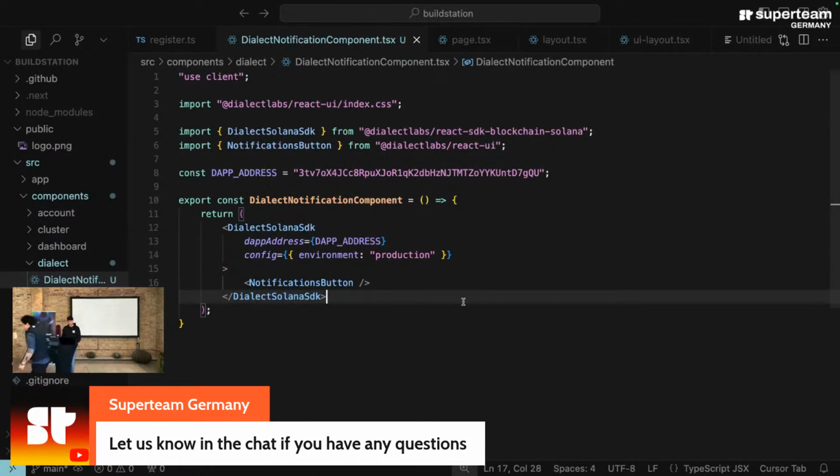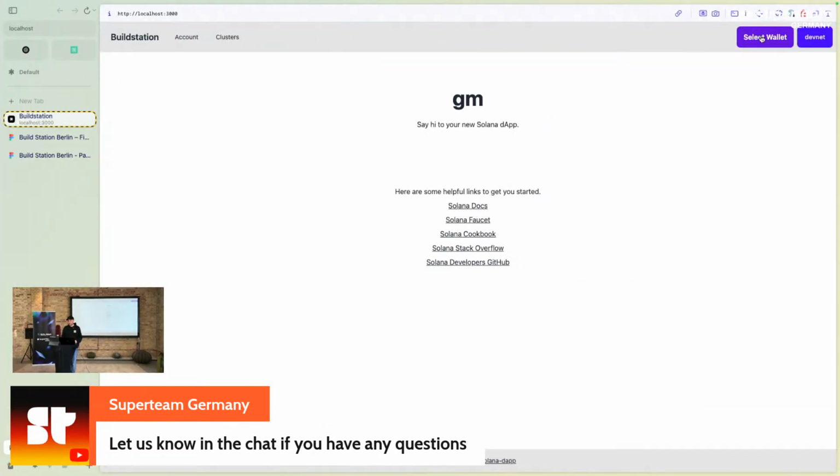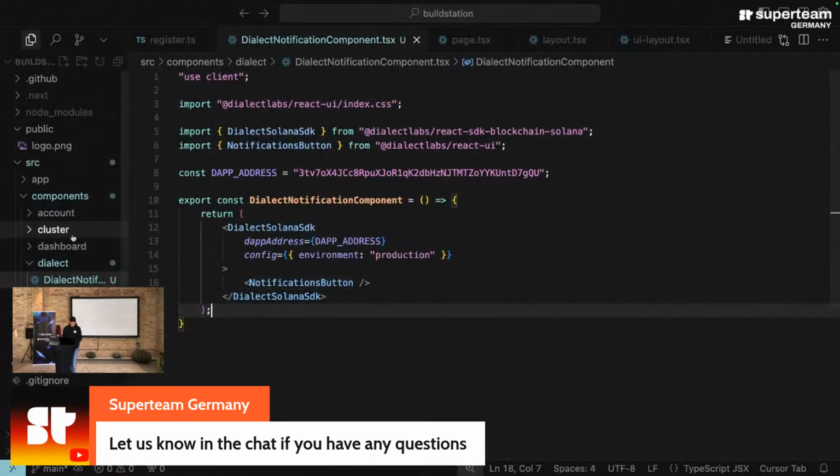Notification button. Okay, good. So this is our component. And then all we have to do is take this component now and add it to the scaffold. Imagine here we have this wallet adapter, right? And now we want to have a little notification bell on the left side of it. And the way to do it, we go to the app folder,